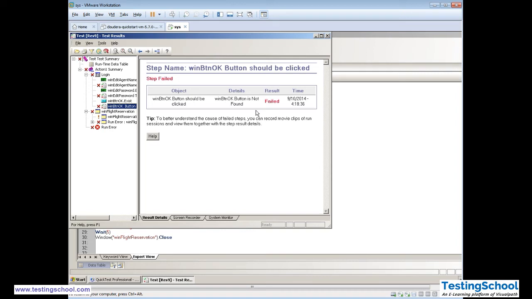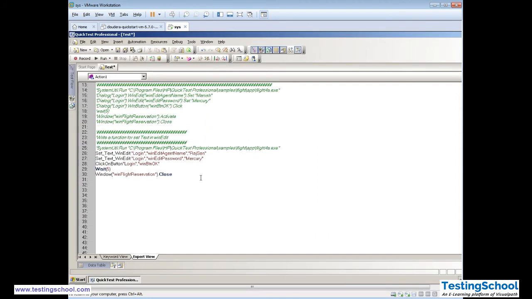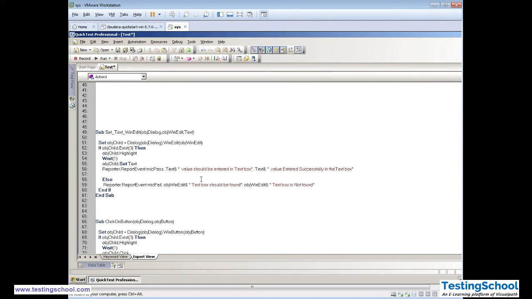That's what I was discussing in the previous class: if you write this kind of function, it will help you to identify the object properly, then wait for some time, highlight it, and then put the text in the text box. Only 8 to 10 such functions are required, or maybe 20 such functions, to deal with Windows kind of application.